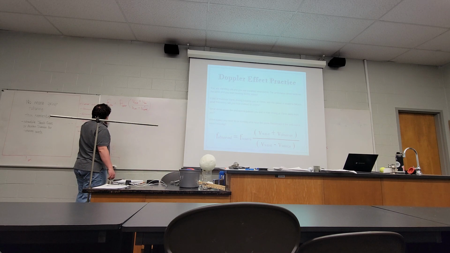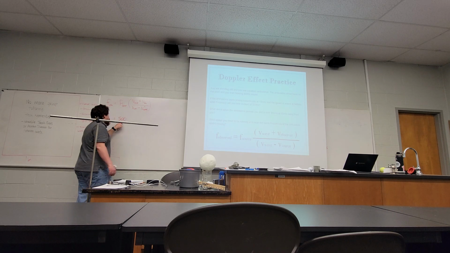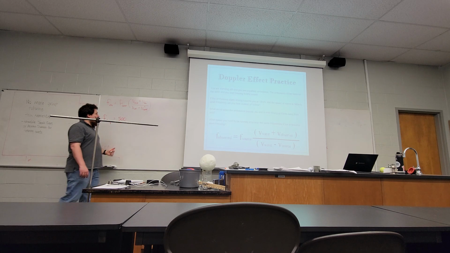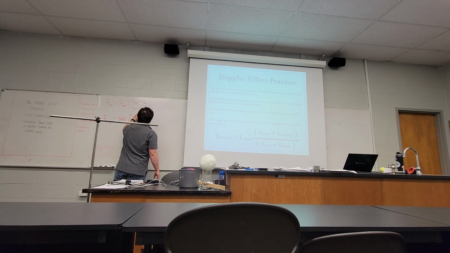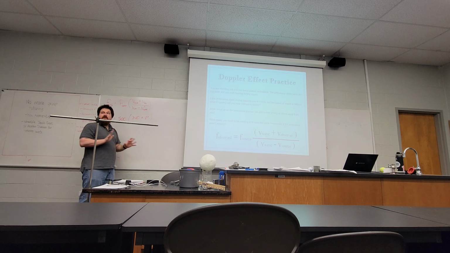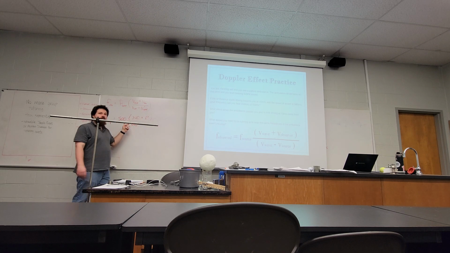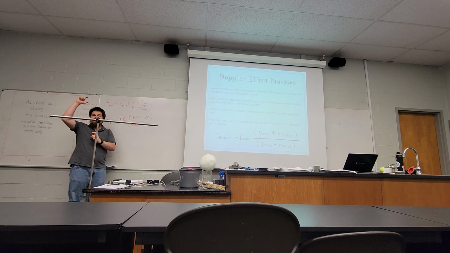Call that F observed 1. What you do is you take the original source frequency, the 500 hertz that the ambulance is supposed to be making, and then you multiply it by this fraction. Wave speed, speed of sound, is 340 meters per second. You, the observer, are not moving, so your velocity is 0. Then underneath, wave speed is the same number because it's a sound wave, both top and bottom. So it's the same wave speed, top and bottom.